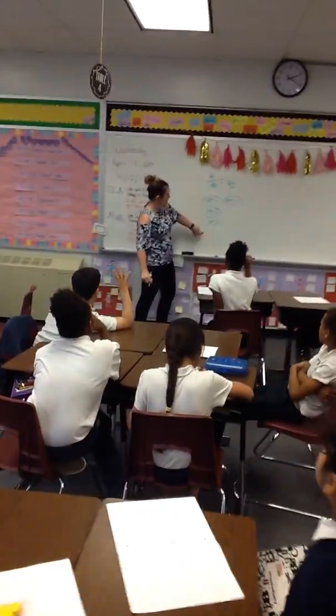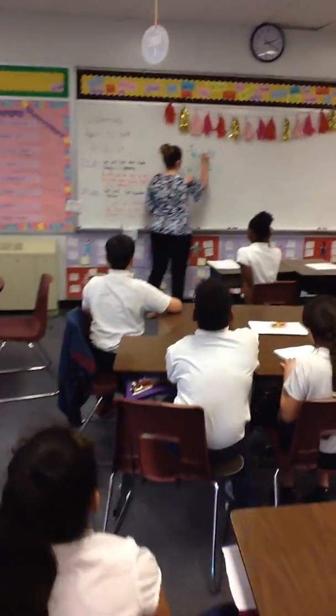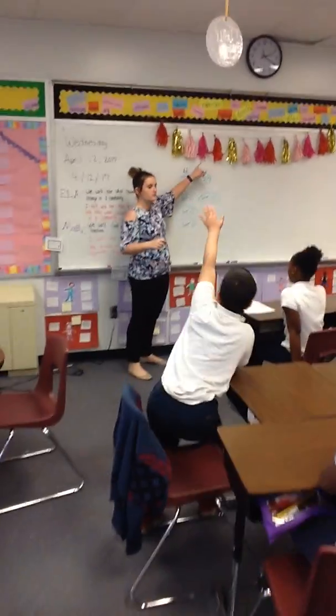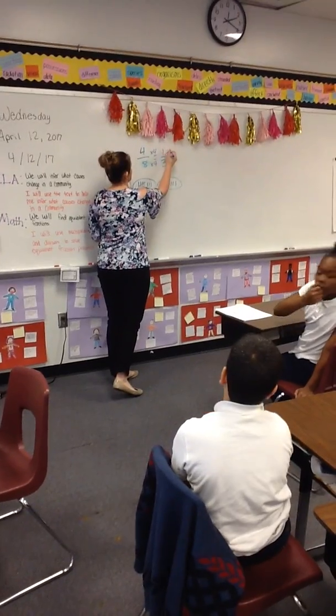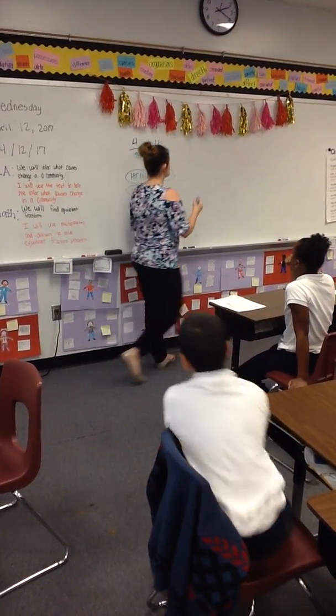1, 2, 4. So if I multiply this by 4, what do I multiply the top by? 4. Isabel, what's 4 times 4? 16. Okay, let's try